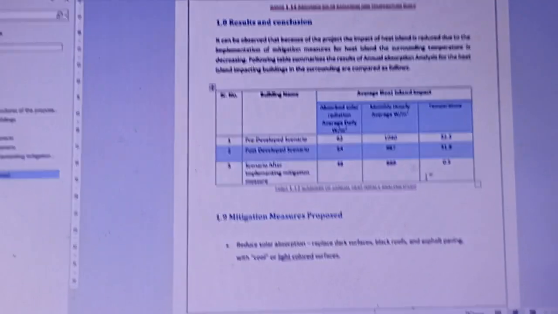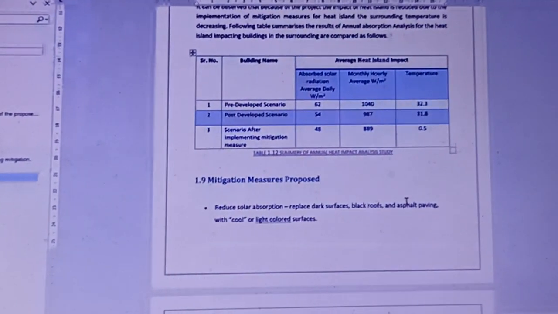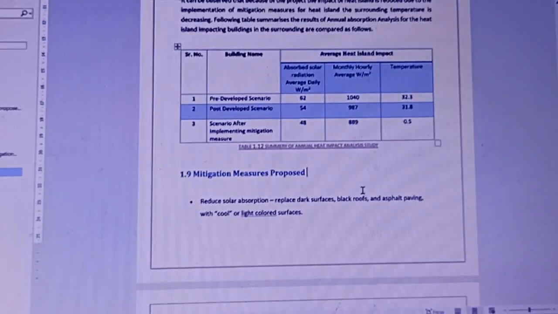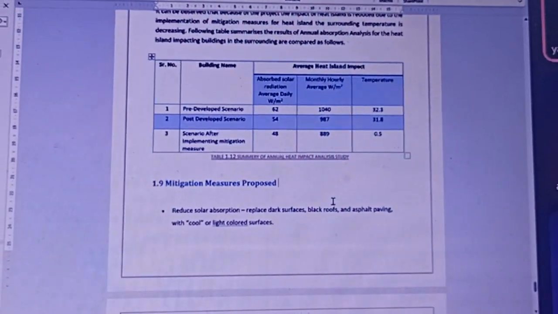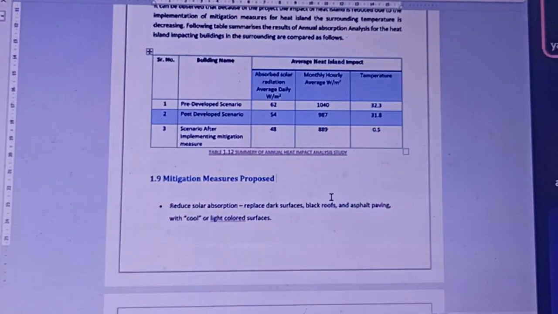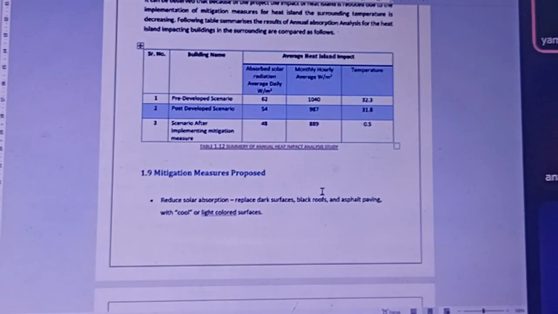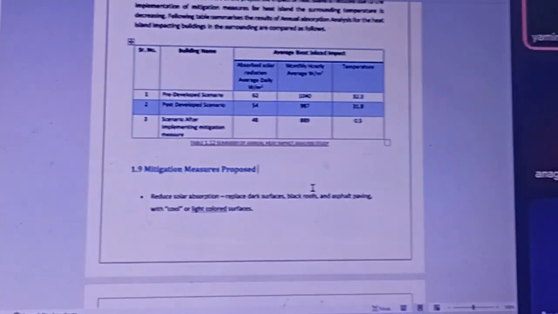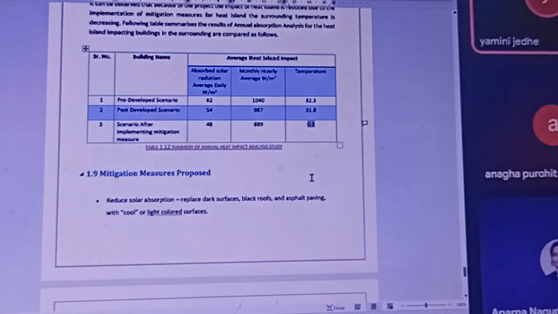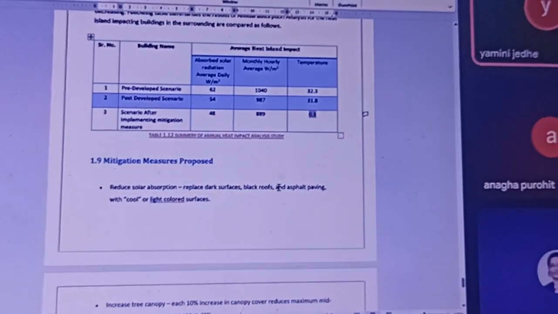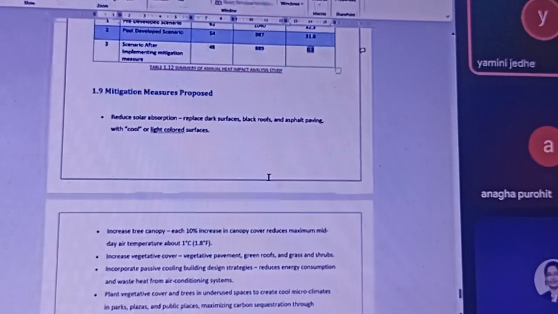Yes, this is only for approval purposes, and as per the standard notification, they ask us to reduce anywhere between 0.3 to 0.8, because you can't reduce more than that. Even if you apply major mitigation measures, the surrounding area is always there to contribute to the heat island impact. Correct. So as per our building alone, we are trying to reduce the overall heat absorption by almost 0.5 degrees Celsius and make it cooler.